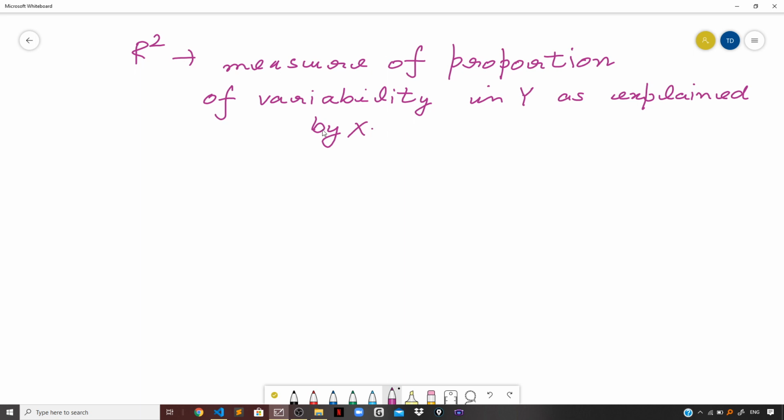R-square can be defined in terms of a mathematical equation like variance explained by the model